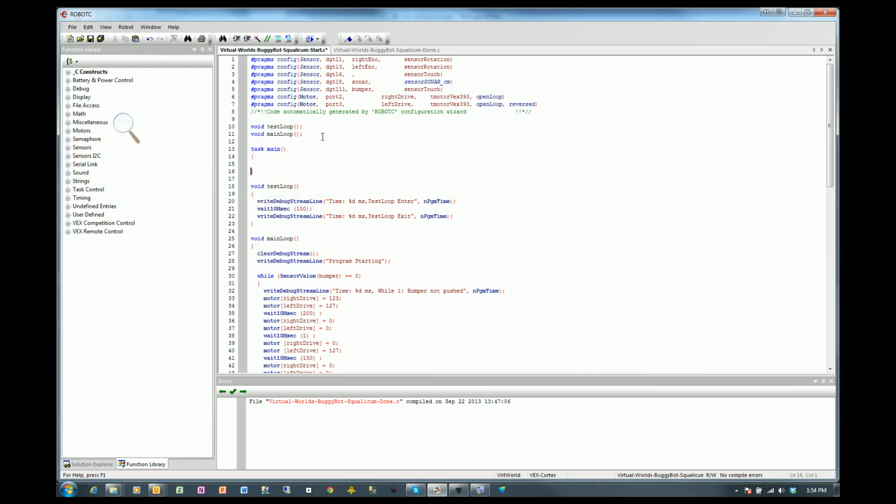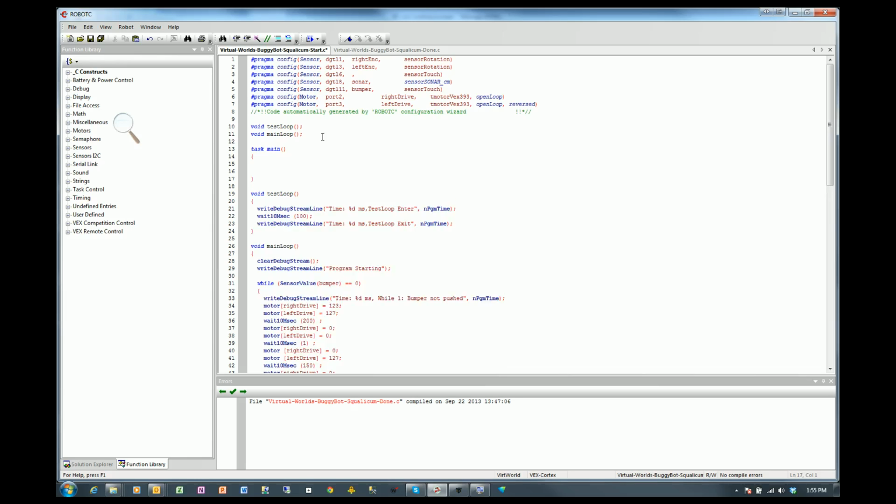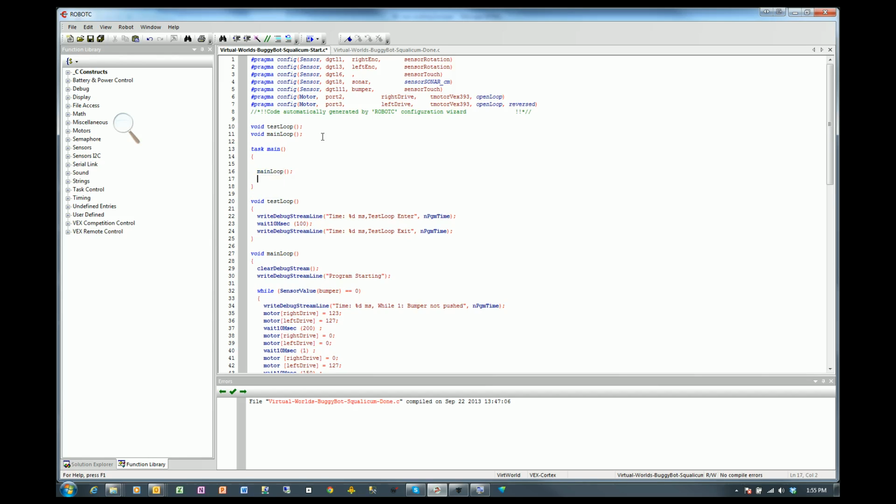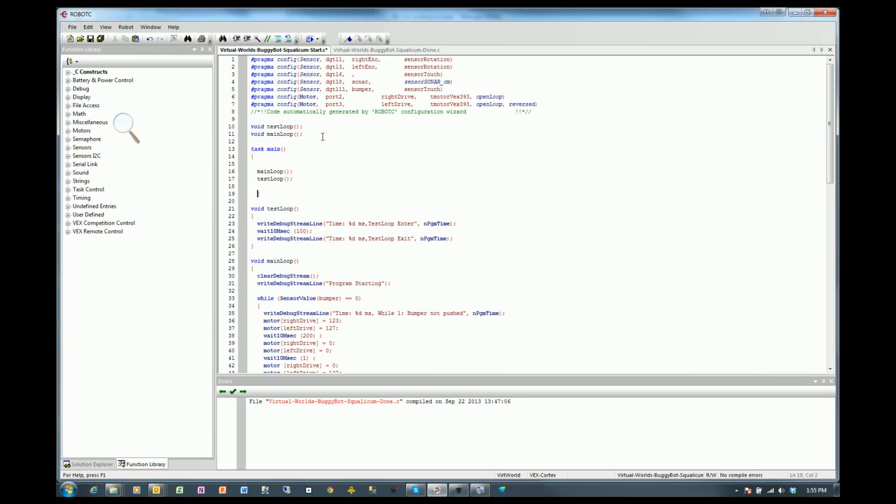So you see here's the main task that I rewrote, and I'm gonna make this pretty simple. I'm going to do two things in this. Well, first is call the main loop, and the second is to call the test loop. There's a lot of fancy ways that you can call these using variables or using other features. I'm not going to complicate this tutorial with that, but the first thing I wanted to do is call the